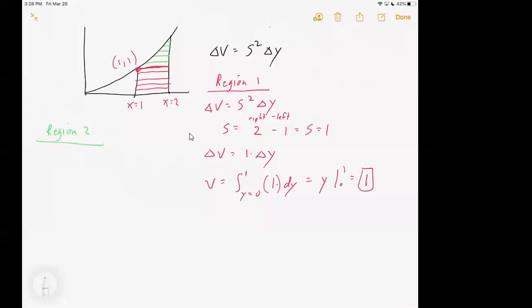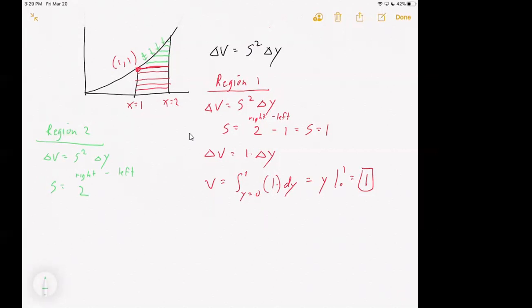We have to write delta V equals S squared delta Y again. S again will be the right minus the left. And so the right side is still at x equals 2. The complicated part of this is that the left side, you look at the left sides here, they keep bumping